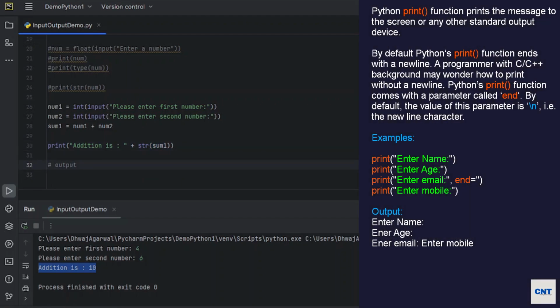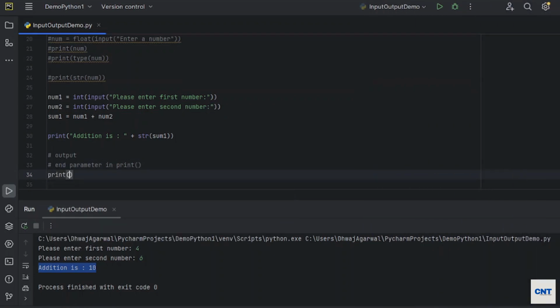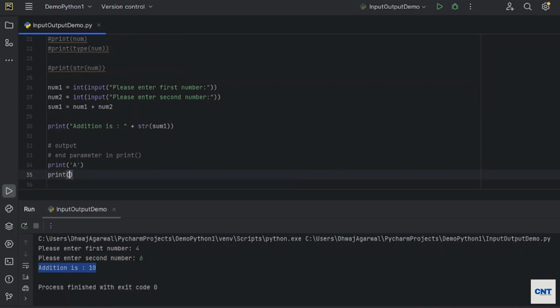There is one more thing here, an end parameter in the print method. By default, Python's print function ends with a new line, right? New line. Okay, if you print anything, A, print B, the print method always takes a new line.